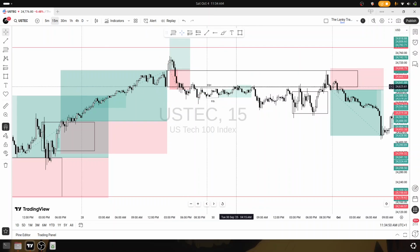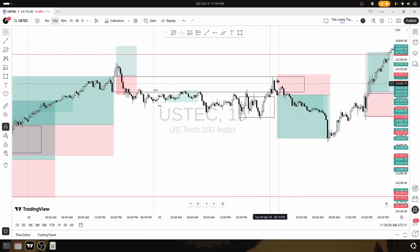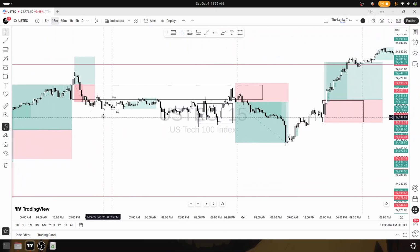This first tap, second tap, third tap. So I said, okay, let's wait and see whether we can take out the previous week high, and maybe buy from there. But unfortunately, we didn't make any good moves on Tuesday, and this was the Tuesday setup here. This was our 9:30 candle, our opening range candle here, and you guys can see that even if we broke above here, I cannot take this